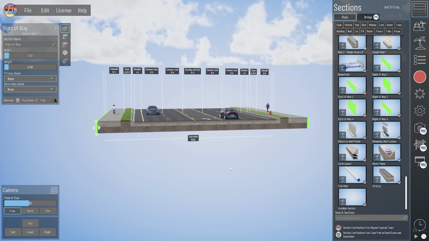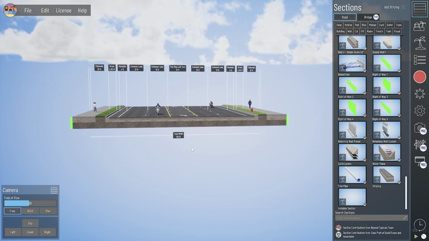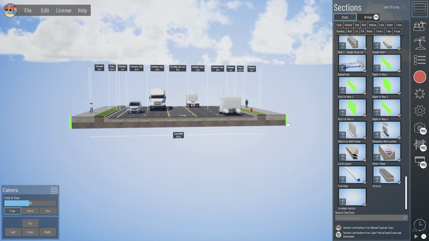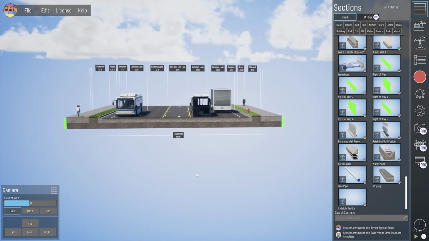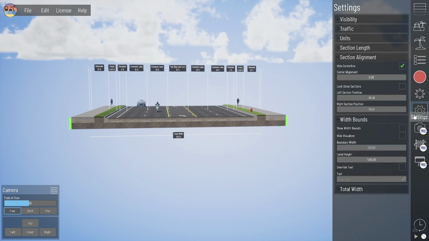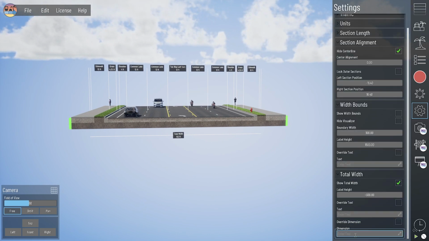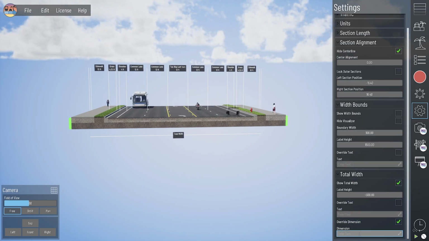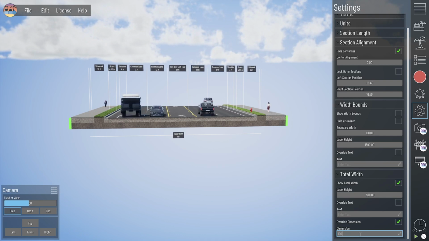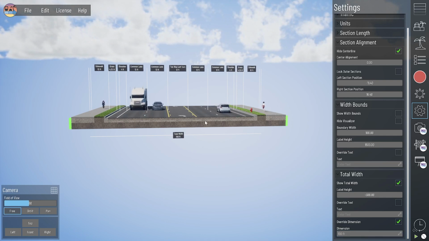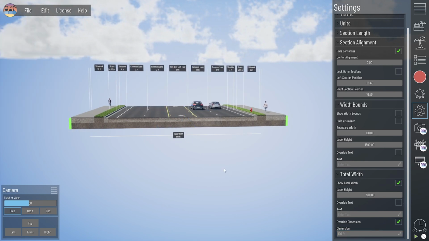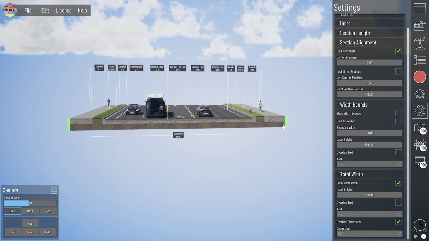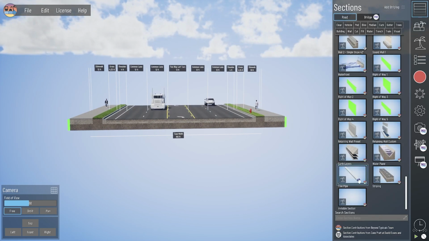So let's set that back to 1. Now we have a total width down here that has added those two 1 foot right-of-way section widths. So now our total width reads 102 feet. And obviously we can go into our settings and override that dimension by toggling that on and saying 100 feet. But then if we made any other changes to this model, we wouldn't be seeing that change with it because we've overridden that dimension. So as you're designing and you want to keep some visible right-of-way in there, you can